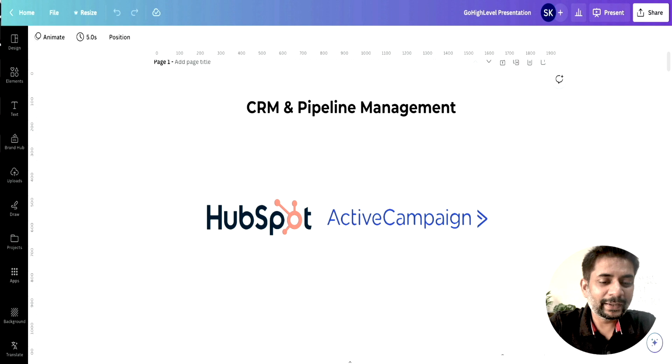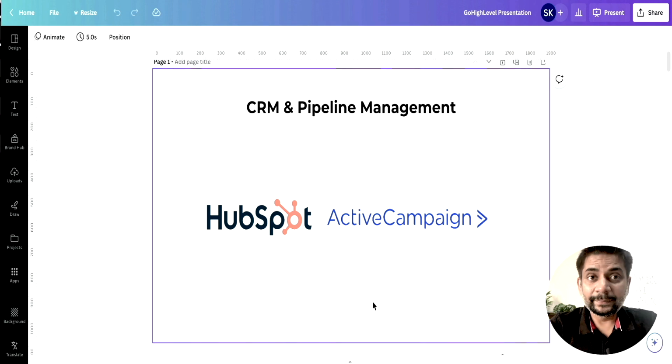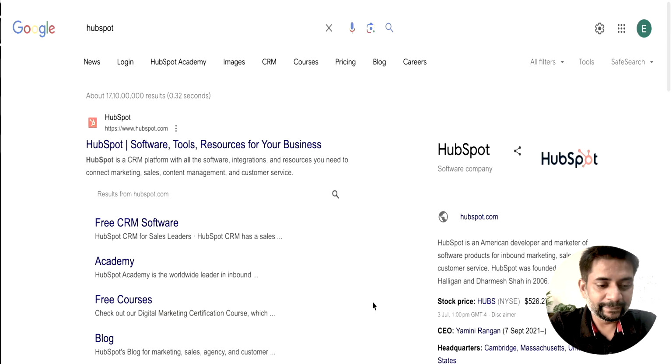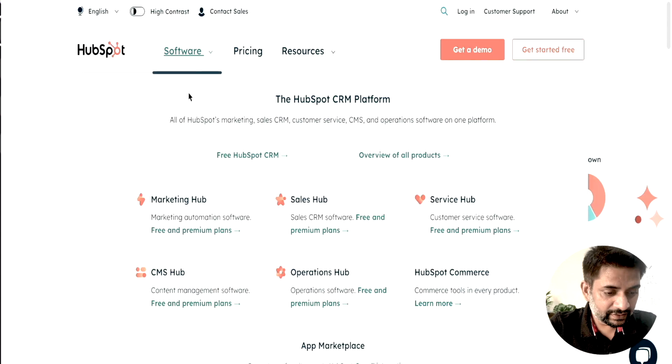What is the CRM and pipeline management is something that we are going to learn next. Okay, let us first of all, so the first one we have is HubSpot and the second one is ActiveCampaign. So let us first look into HubSpot and what the HubSpot CRM does. So if we check out over here,